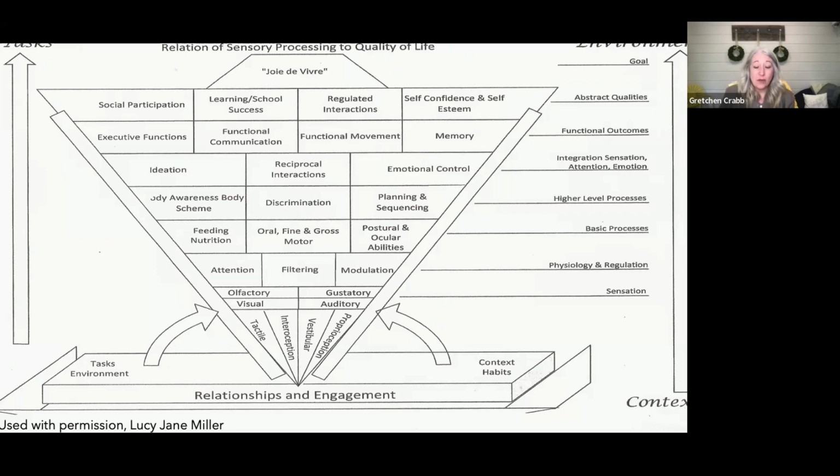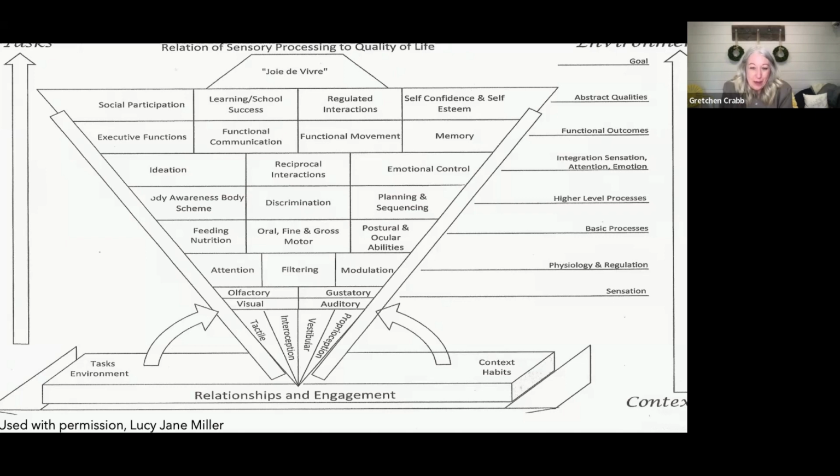You can see going up from there, you see all of our 8 senses: gustatory, olfactory, so sense of taste, sense of smell, vision, auditory, proprioception, which is the input that we get through our muscles and our joints that tell us where we are in space, vestibular, which is our sense of balance, coordination, interoception, the sense that we get from ourselves internally, as well as our tactile processing or touch. So all of these 8 senses are at the foundation of everything else that you see on this triangle or this inverted triangle,